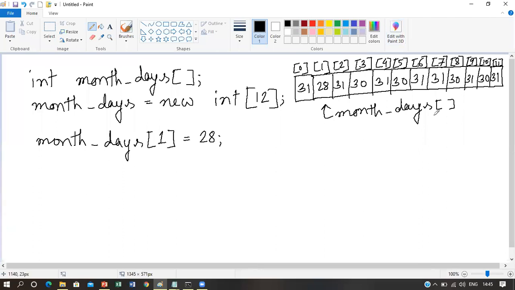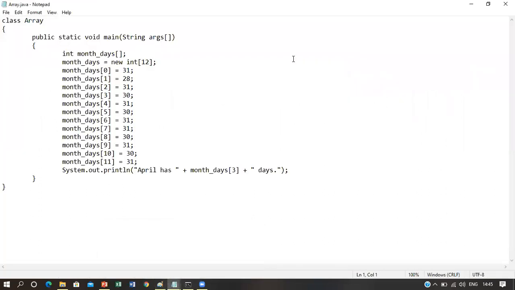Now let us do this program and let's see how this program can be executed to print a particular month and to show how many days there are in that particular month. So this is the program that I have already written in a notepad, and I have saved this program on the desktop using the main class name, which is array in our case. You can obviously give any other name to it. As the main class name is array, we have saved the file using the name array and the extension is .java.